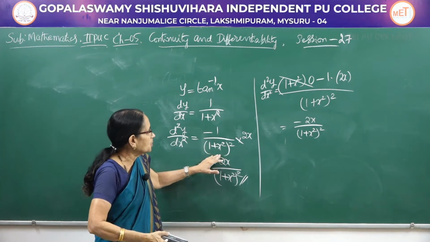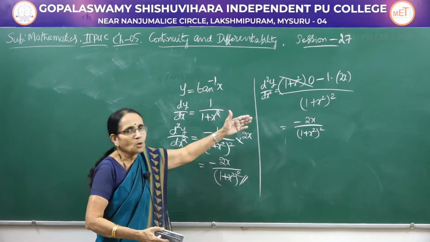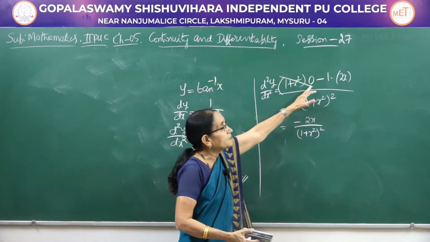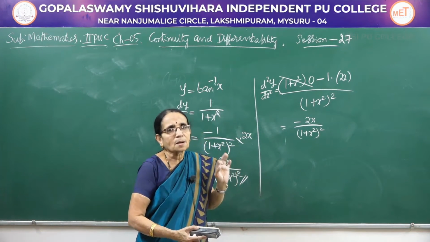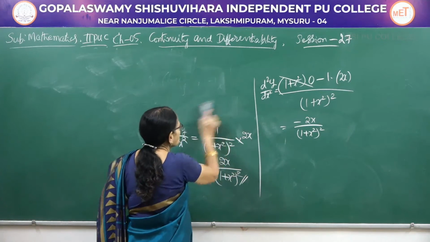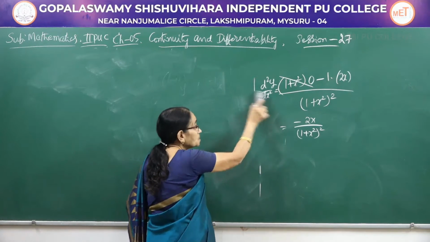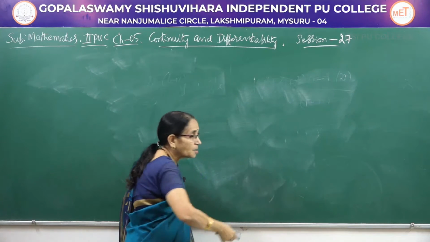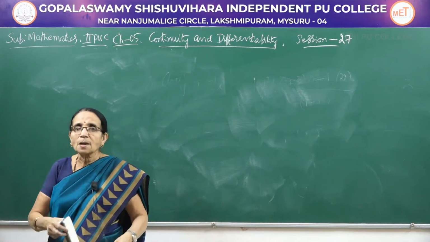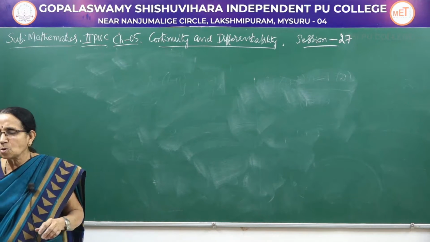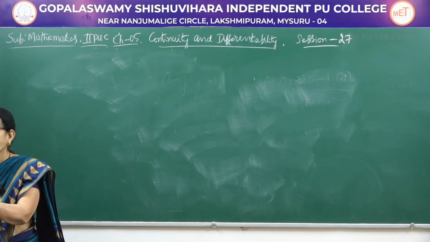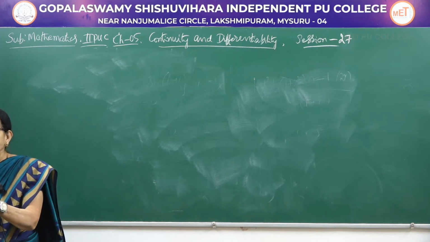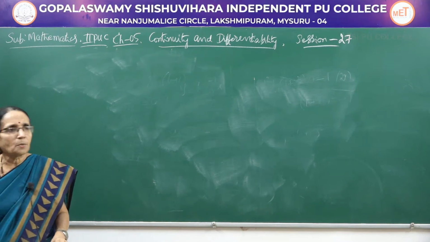So when you take it as a composite function, you apply the chain rule. Or when you apply the quotient rule, then also you get the same answer. But you have to be careful to write this as 0 because the numerator is a constant whose derivative becomes 0. Sometimes for these problems, y equal to tan inverse x, they may ask you to show that or prove that a particular answer is expected, then you may have to rearrange the terms. If nothing has been asked, you can directly differentiate once and then go for the second derivative.